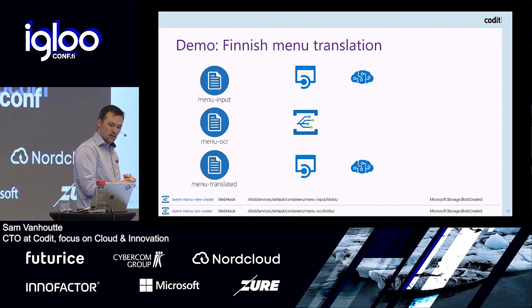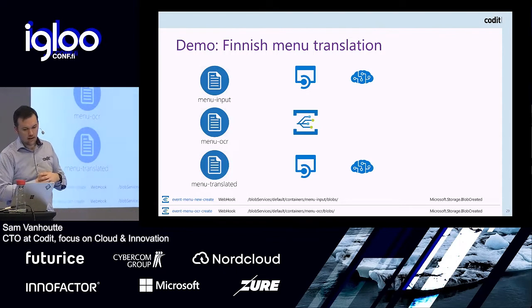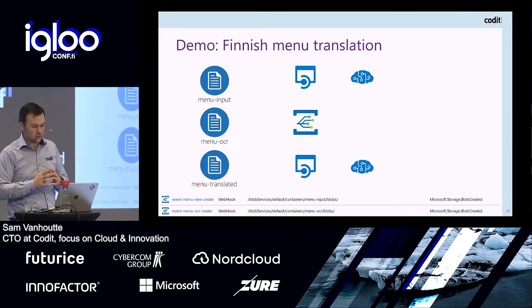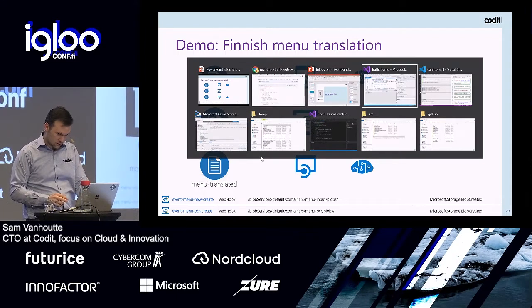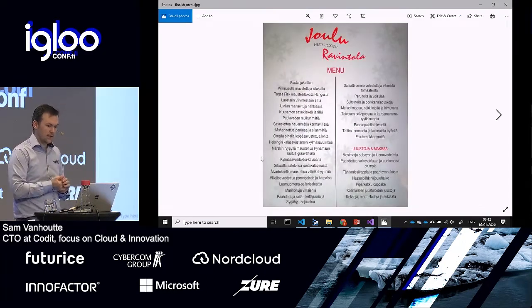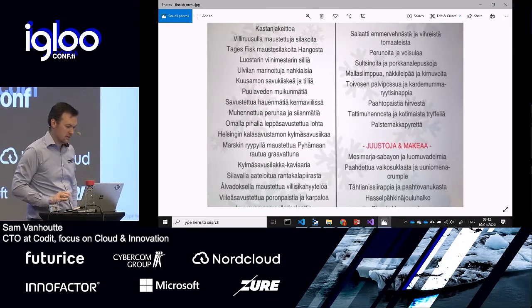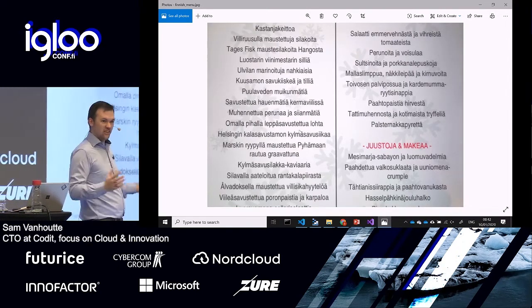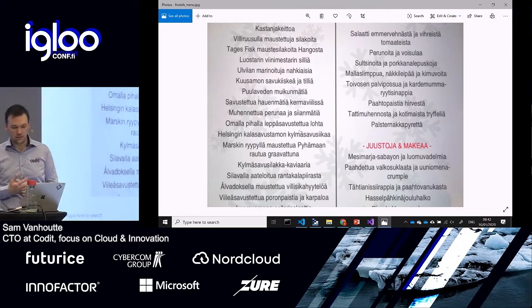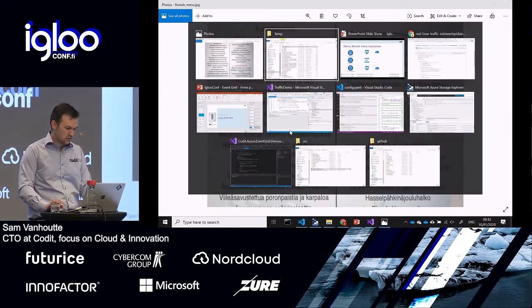And for the demo, I have a very simple, lightweight application, a Finnish menu translation. So let's go to the thing first. I don't know how I have to pronounce this. I can only imagine that it's a lot, because it's a long name, so I would have a lot to eat. So this is, of course, the Finnish menu, and I don't know what I would order, except for number 5. It's 1 meal. It's 1 meal. Thanks for that.